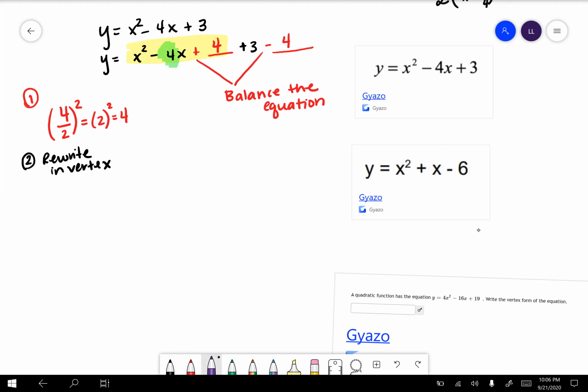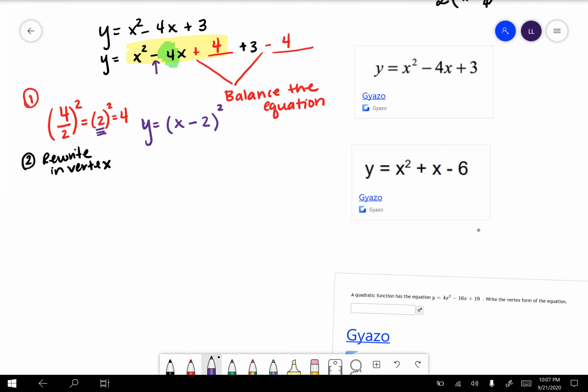So we're going to rewrite that as y equals, put in parentheses and square it, right? And so what was squared? Remember, this number right here is what goes inside the parentheses. That was our b over 2. That was how we got 4 to be added. So we're going to say x, and this is a positive 2 here, just because we didn't take the positive here. But we will look here for the sign that goes into here. So this is x minus 2